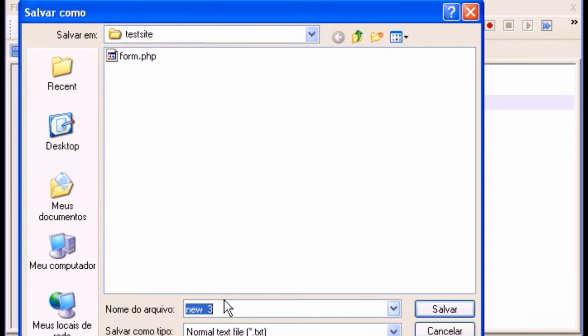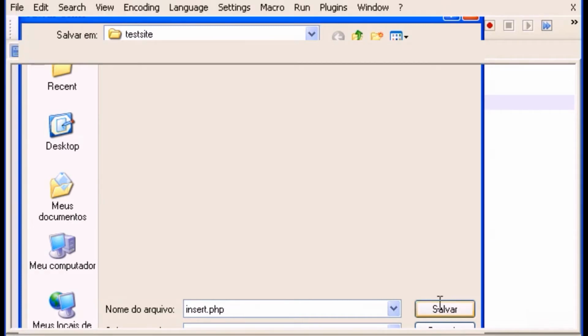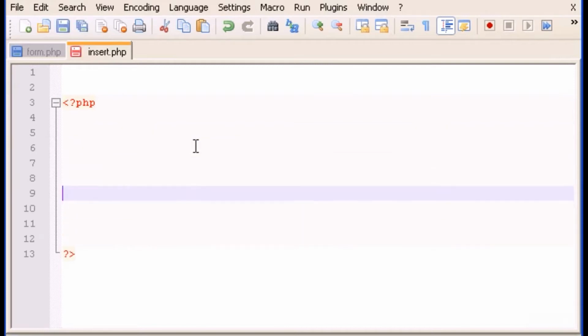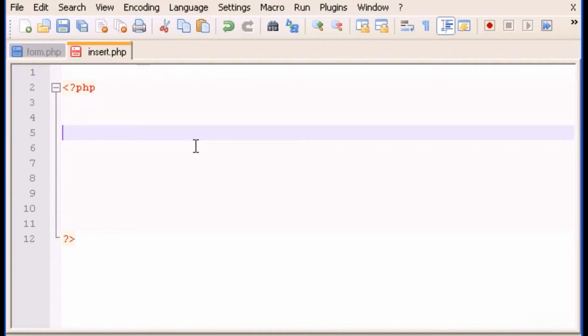So insert.php. Save that, and we have our file ready. Okay, so this is where we're going to type the script that you'll need to send the data to the database. Okay, save that,